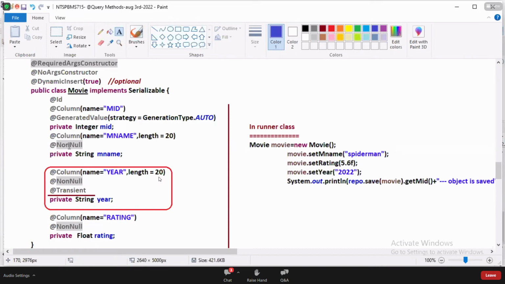Mohan Kumar, they have given one option, Babu. If you want to make any property, guys, what's your confusion? Tell me. A table level column is there, and one property is pointing to that column. But temporarily, I don't want to see a certain property participating in persistence operation.